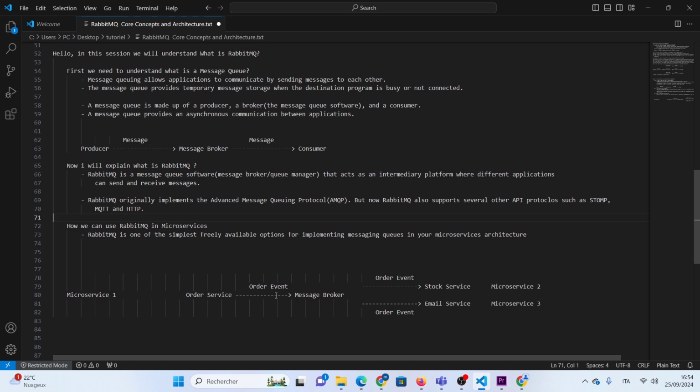Here the order service sends a message, and here we have a routing key. So the stock service consumes the message from the order service, that is, from microservice 1, and microservice 3 receives a message from the broker from